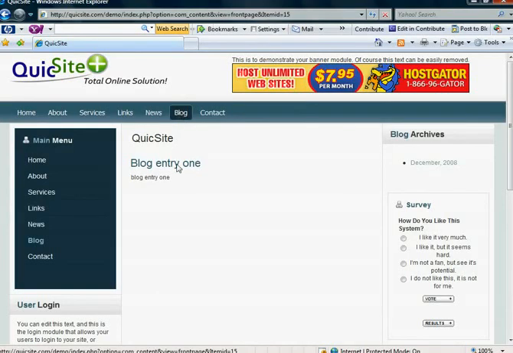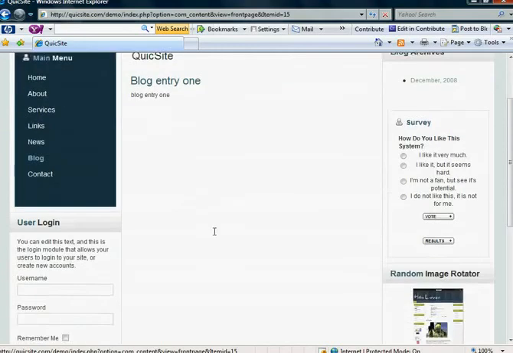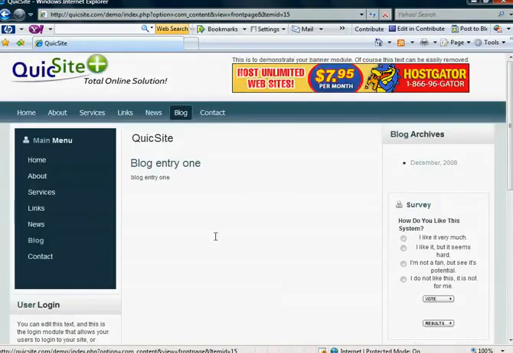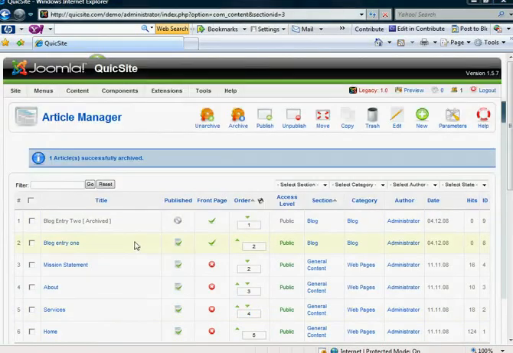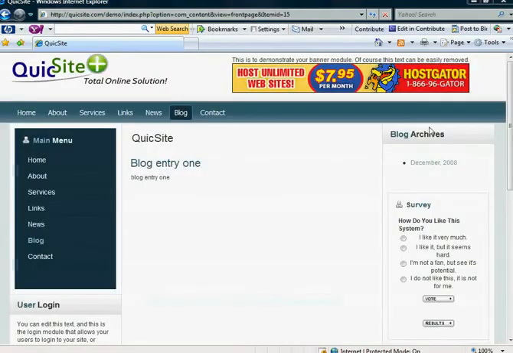So again, this is how you can create a very basic blog in your platform, to where you've got a blog link. It's a top link. They click it, they'll be able to see in order the last blog or last entry that you've made will be on top. And then again, to prevent it from being a huge long page and to provide organization, all you've got to do is come to your back end, click the ones that you want to archive, and like I was saying, it will automatically archive them over in this section. So hope this helps. That's how you can add a very basic blog to